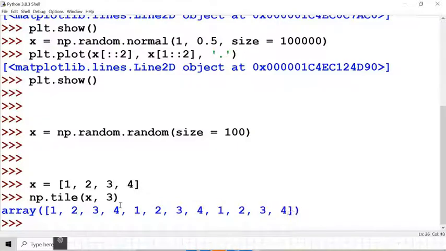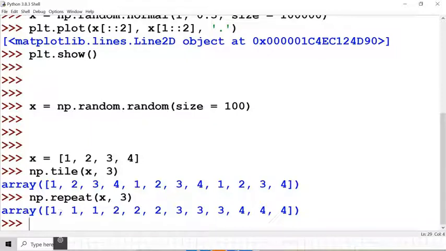There is another way of repeating this, the repeat function, which does something else. It will repeat each number 3 times. That means 1, 1, 1, 2, 2, 2, 3, 3, 3, 4, 4, 4.